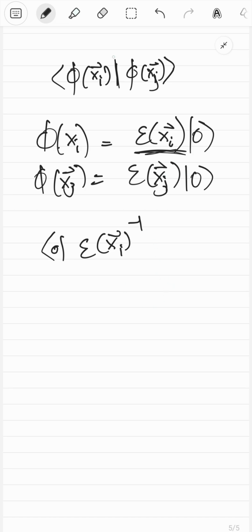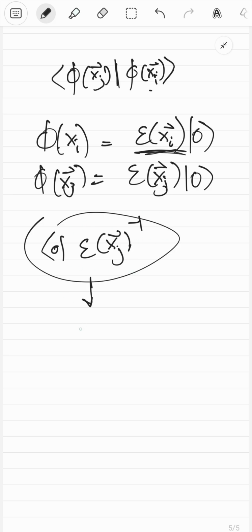Or you could do it the other way around, like you could have a j over here and an i over here, doesn't really matter. So let's just use that instead. So instead of taking this guy's transpose, we'll take this guy's Hermitian transpose. So you'll just have an xj instead, right? So that's this thing, that's our